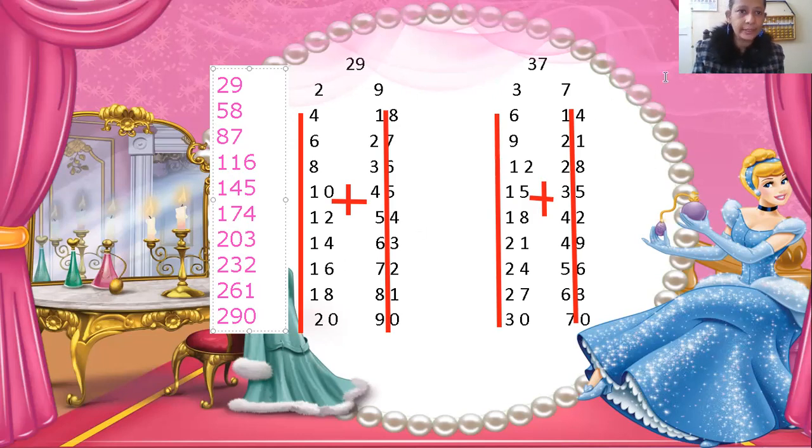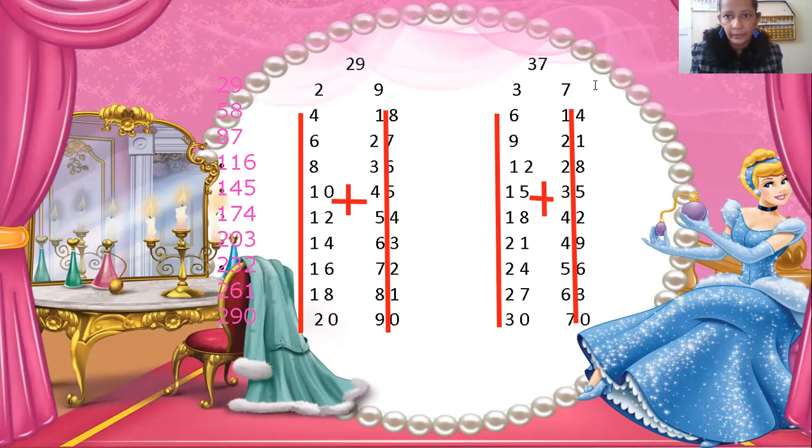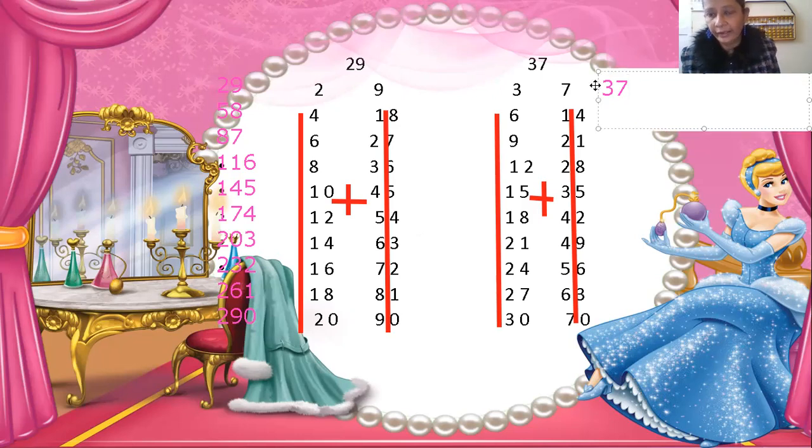Now next I'm going to take the table of 37. So how can we make the table of 37? In 37, 3 and 7 are written separately, so 3 and 7 I have written together. Now next you see, what numbers are in the middle of the line? This is 6 plus 1. 6 plus 1 is 7. Okay, 7, and this 4 that you see here, I have written 4 as it